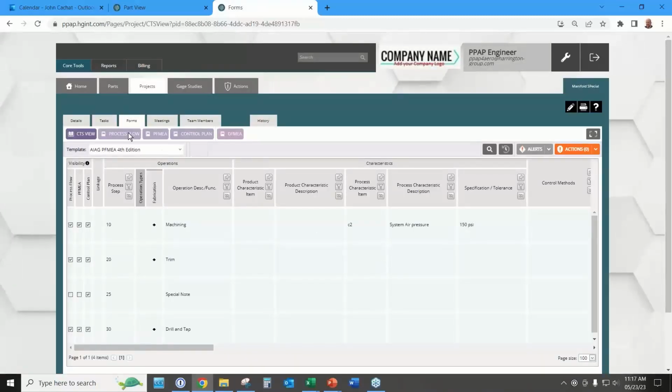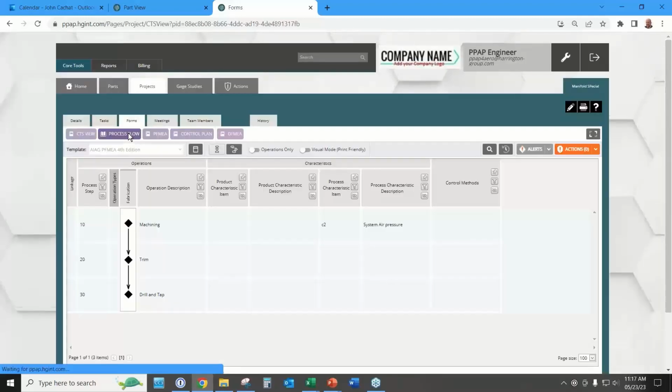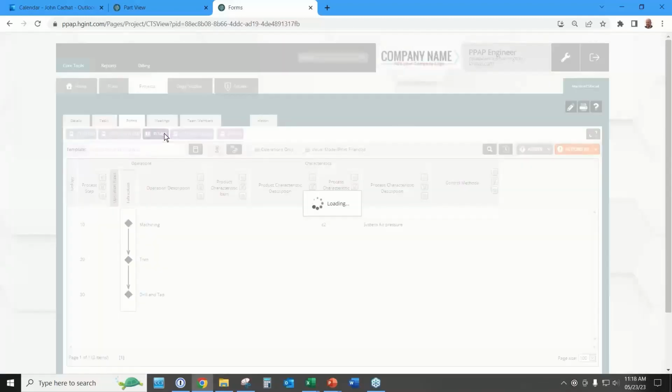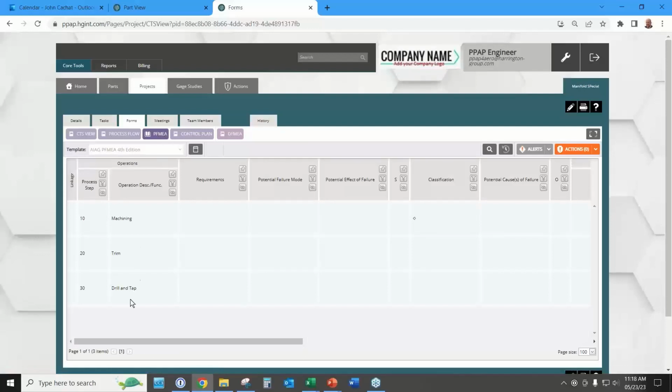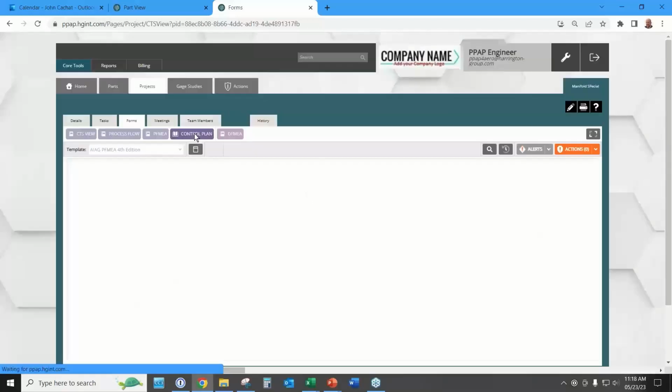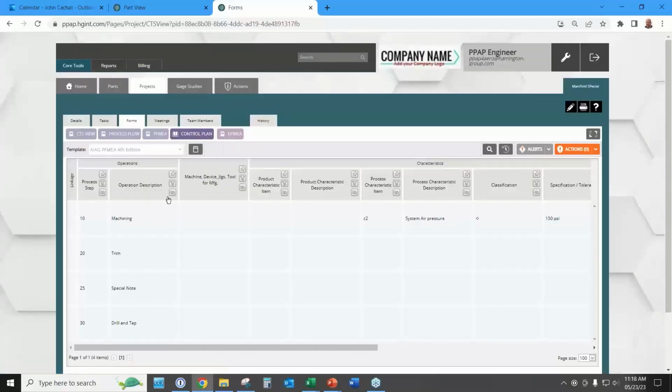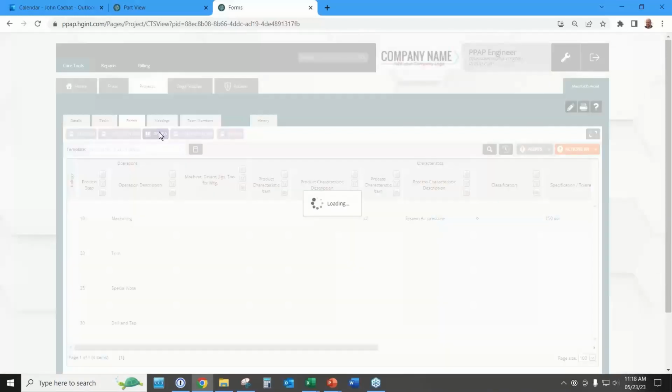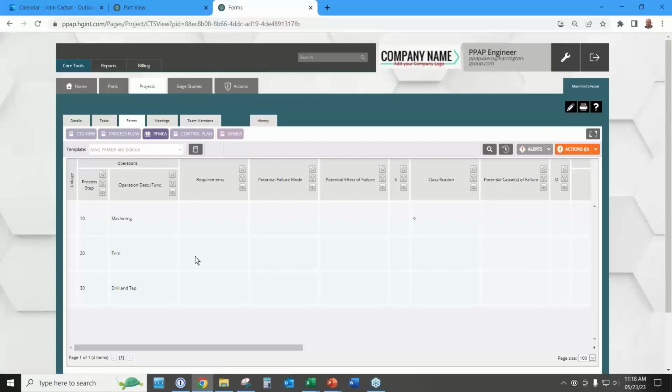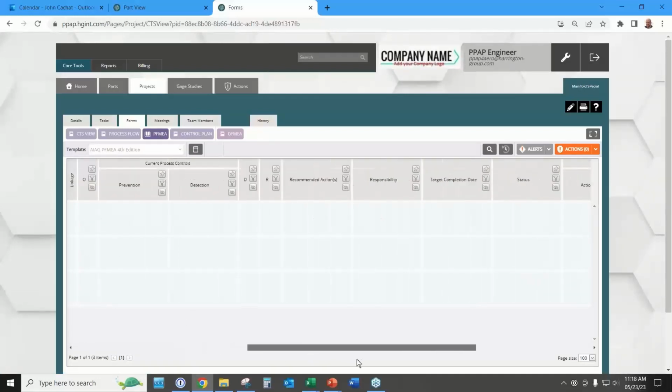So if I go into the process flow, you'll see 25 is missing, or not missing, but hidden. 25 is hidden in the PFMEA, but you'll see it show up in the control plan. So a lot of capability in how to put those together. The other one that was really important to the team is they said, you know, the right side of the